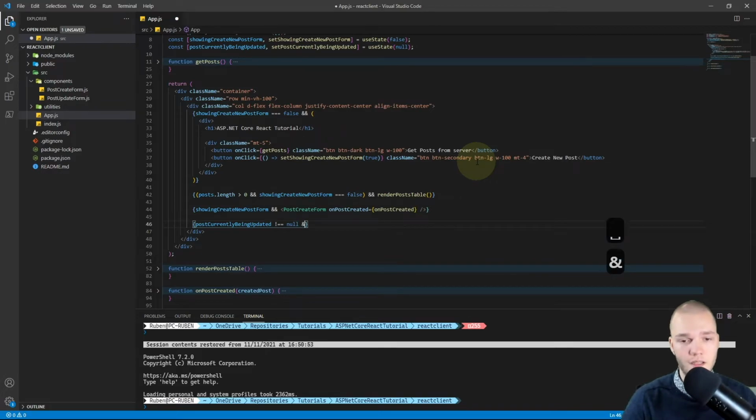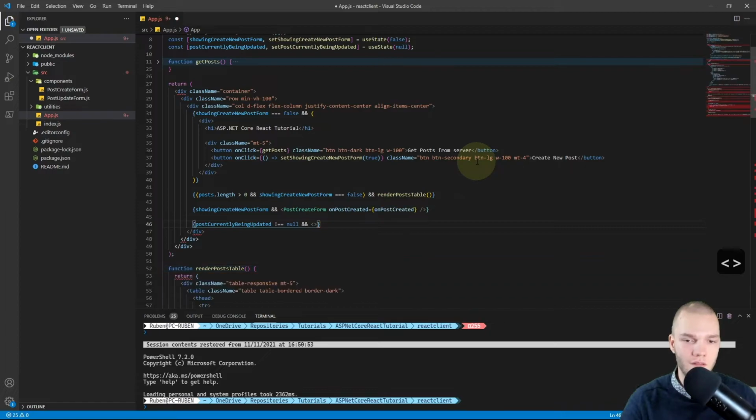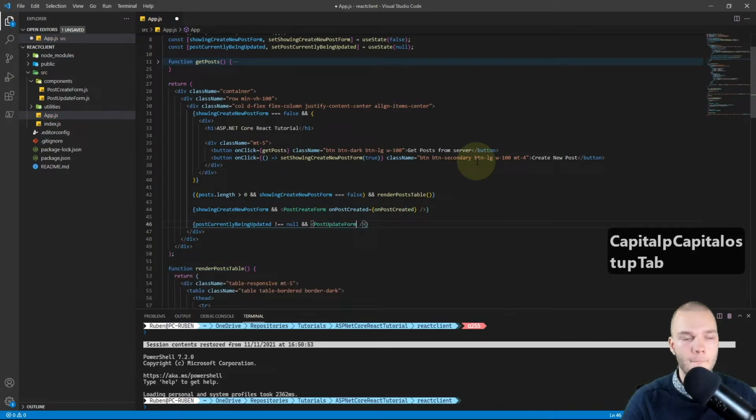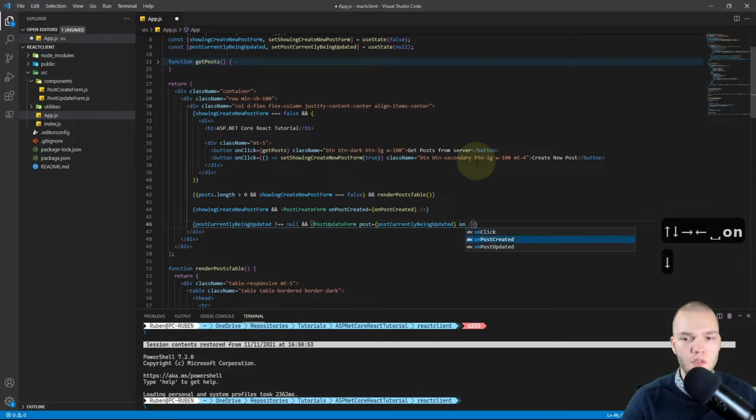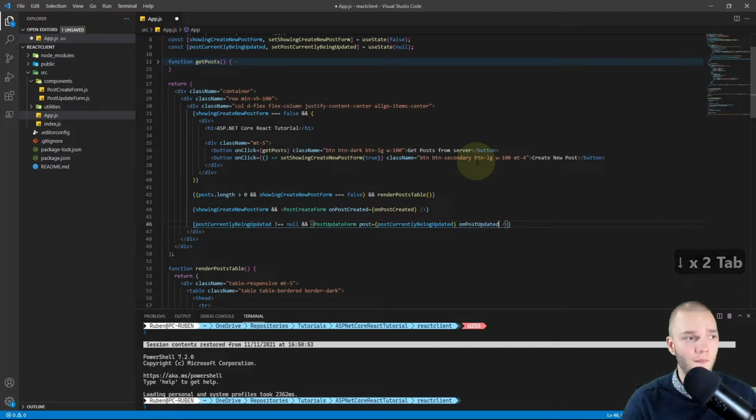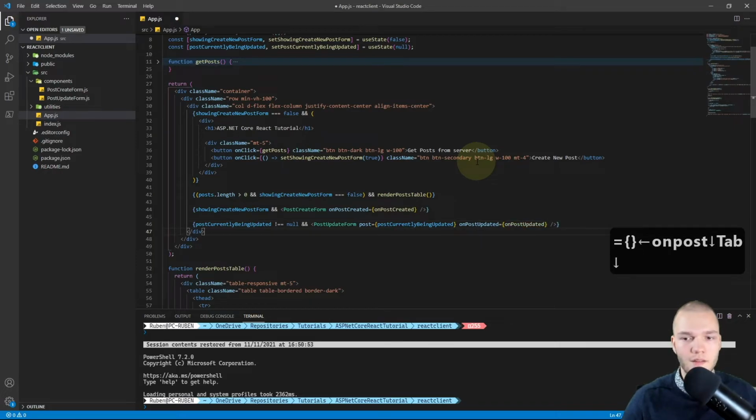And if that's the case, so and, I want to render out the post update form. Right? And for the post property, we'll pass in the post currently being updated. Right? And for the onPostUpdated property, we'll pass in our onPostUpdated function.